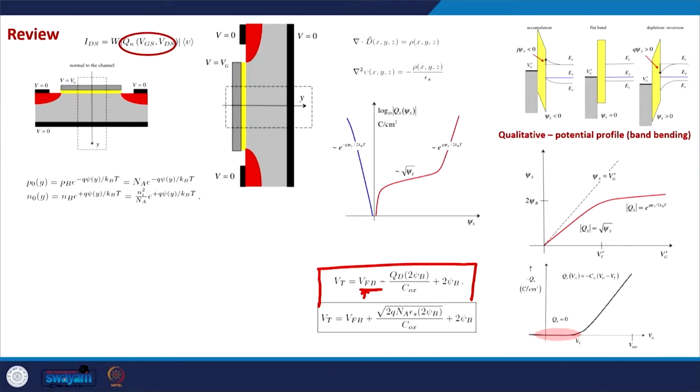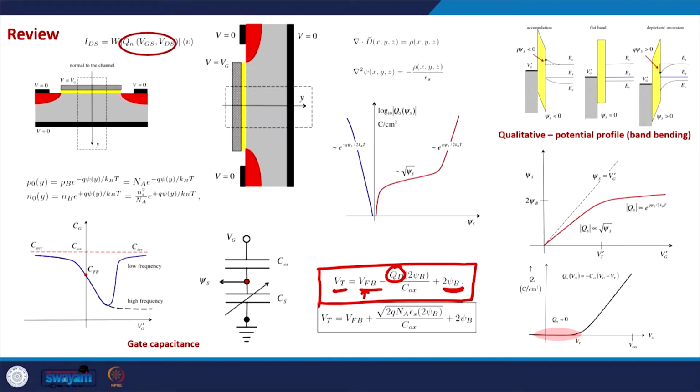So, by considering the flat band voltage and the depletion charge, this is the formula for the threshold voltage, and as we can see, the threshold voltage is the voltage when the semiconductor potential psi s is equal to 2 psi b, which means that the semiconductor at the interface is as n type as the semiconductor is p type in the bulk. After that we saw the notion of gate capacitance, which is the capacitance as seen